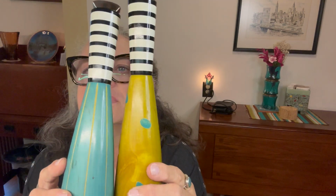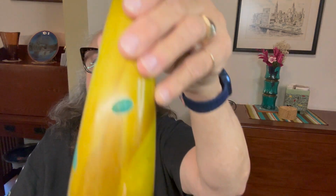But at that same booth, I found something I had no idea what it was worth. And I just thought they were cool. I liked the sort of 80s Memphis look to them. And that was this salt and pepper mill. And they're signed on the inside. Whoops, let's see. I didn't know what they said, but right here they're signed. And then right there. But I just liked them, and she had these for $3 a piece, so I got